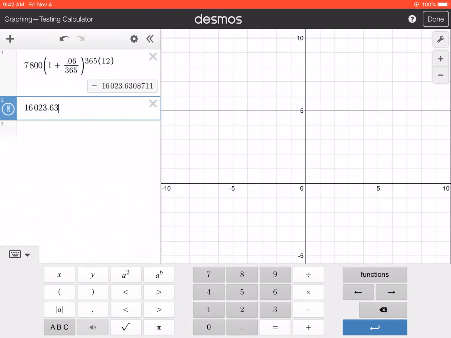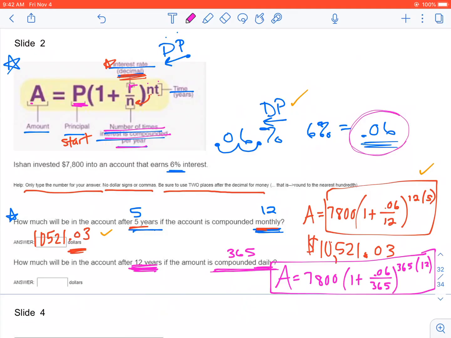So let me go ahead and let's see. Let me write this down so that I can do it. 3.63. There we go. So let's go in and type that in. 16023.63, and it already has the